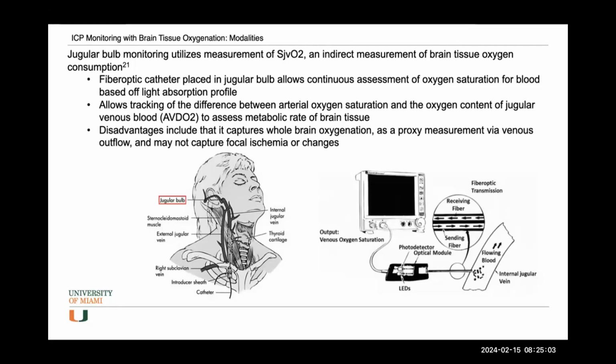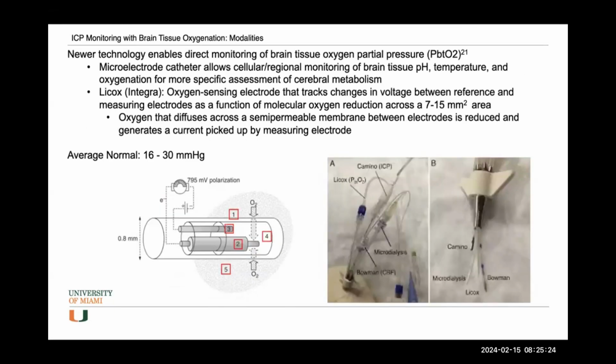The big disadvantage, though, is that it captures whole brain tissue oxygenation as a proxy measurement through venous outflow. It doesn't necessarily capture focal ischemia or changes that are related to TBIs in only certain regions of the brain. The other part of it is this is an indwelling catheter that sits in the vessel. It can thrombose off. It could require revision. So this is something that has slowly been phased out and replaced now with partial brain tissue oxygen partial pressure